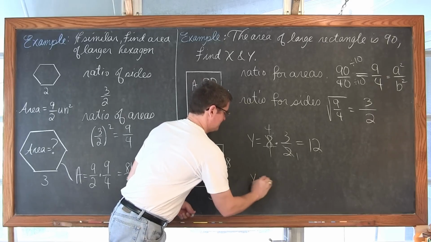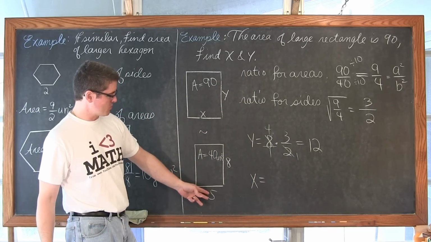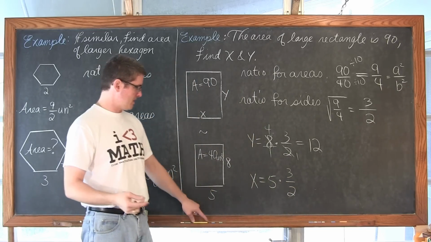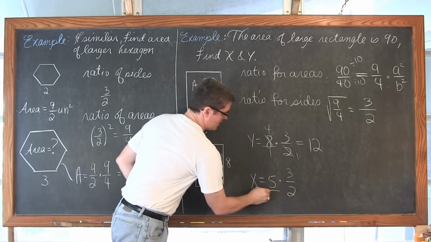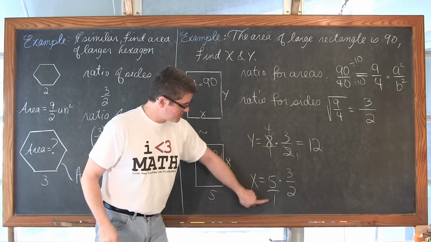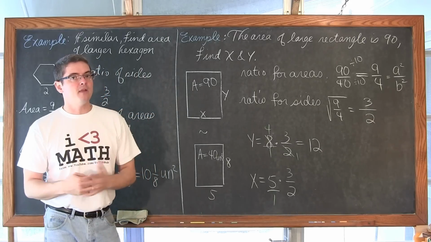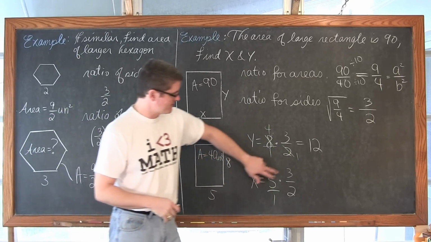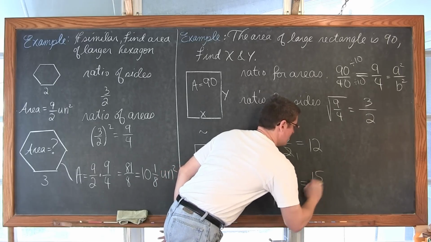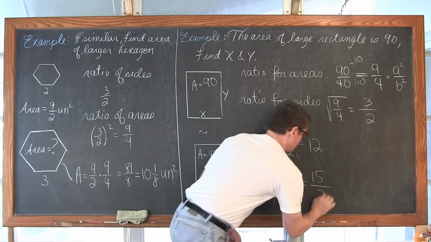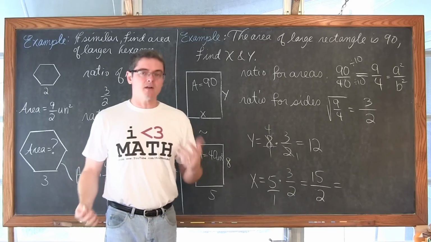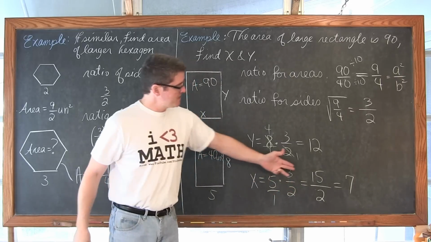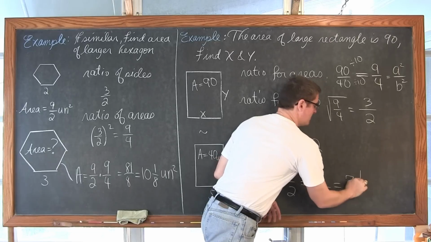And x is, well, we won't for this one, but it's 5 times 3 over 2. Well, again, let's put that 5 over 1 so we can see how the numerators and denominators again line up. And when we multiply fractions, we don't need common denominators. We just need to multiply the numerators and denominators together. So 5 times 3 is 15, and 1 times 2 is 2. 15 divided by 2, well, that's not a whole number answer, but 7 times 2 is 14. If I take 14 out of 15, I get a remainder of 1. So my final answer is 7 and 1/2.